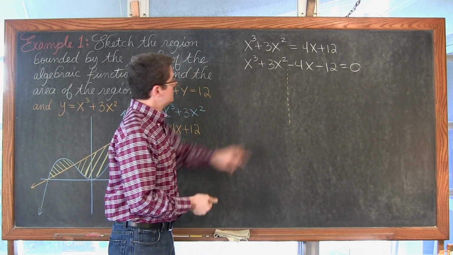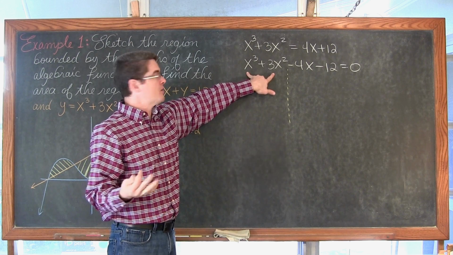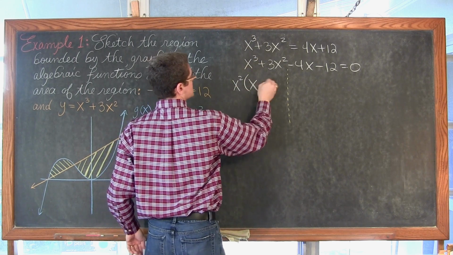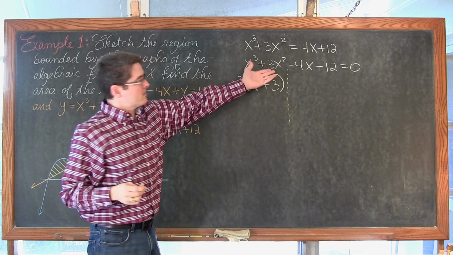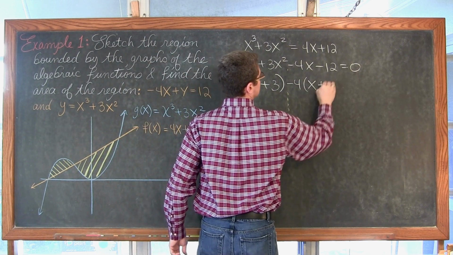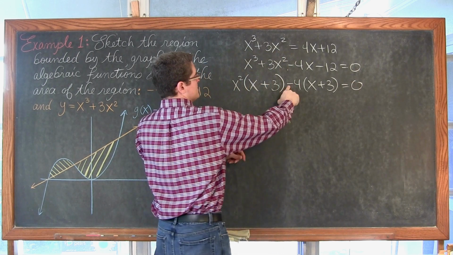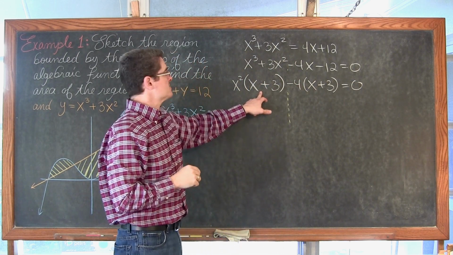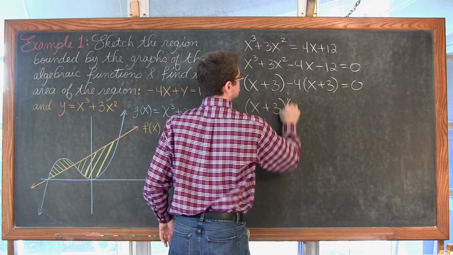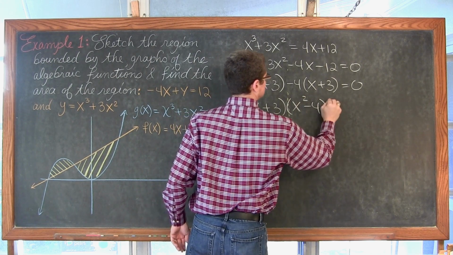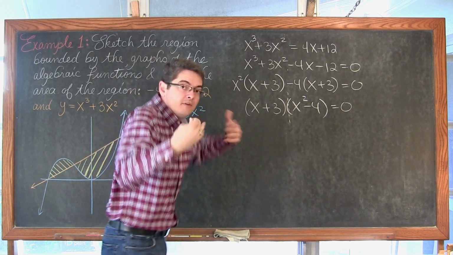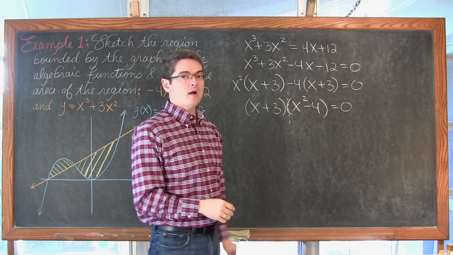So, what comes out of these first two terms? They both have a common factor of x squared. X cubed divided by x squared is x, and then plus 3. We can take out a common factor of negative 4 from these last two. And now we have two terms that both have a common factor of x plus 3, so we can take that out. And then last step here, we still have a factor that is factorable again, and that is a difference of two perfect squares.